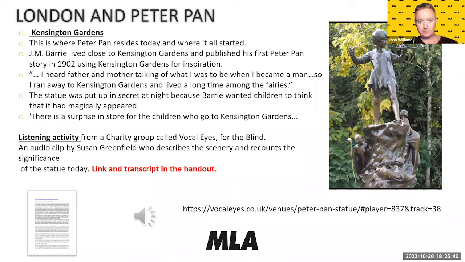Susan Greenfield. I'm a neuroscientist and I'm based at Oxford University, but I'm also a member of the House of Lords, and this means I come to London about one day a week. And I was born in London, in Chiswick, and I remember long Sunday afternoons. This was in the 50s when everything was closed. So you went to the park because it was cheap, and because it was something you could do on a